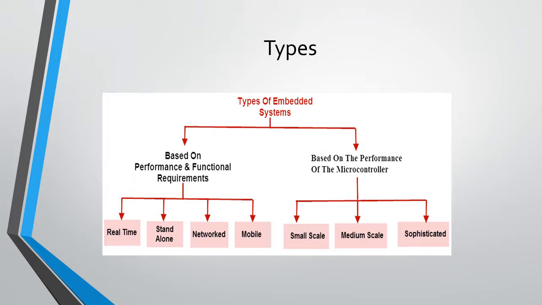A standalone embedded system works in standalone mode, in which input, that is an electrical signal from a sensor, keyboard or push button, is taken, then processed, and produces the desired output to drive another system such as an LED or LCD display. In mobile embedded systems, mobile phones, iPhones, tablets, personal digital assistants, smartphones and pagers are examples.